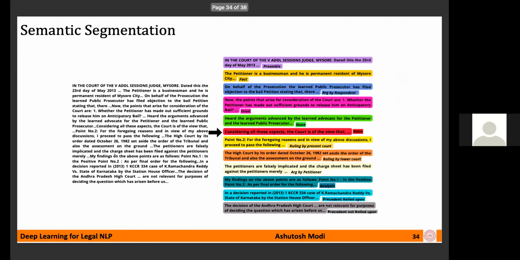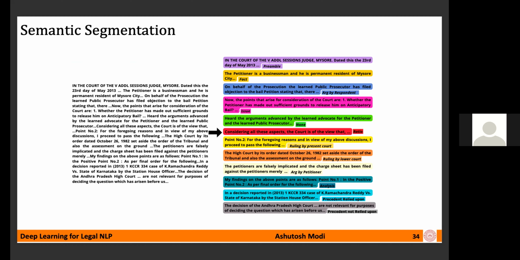Just to give an example, here is a legal document, and as you can see, it's pretty dense. What we want to do is divide it into small chunks and label each of these chunks. For example, you might want to extract the facts of the case, as you can see here, and then some issue or arguments. This would make the processing of documents much easier.